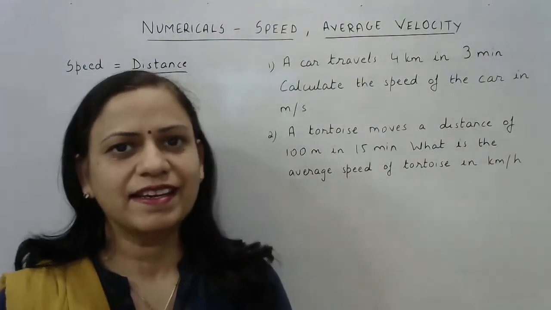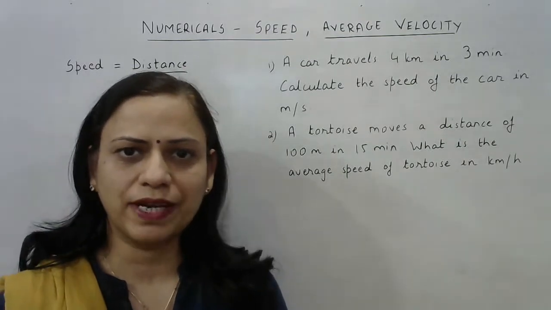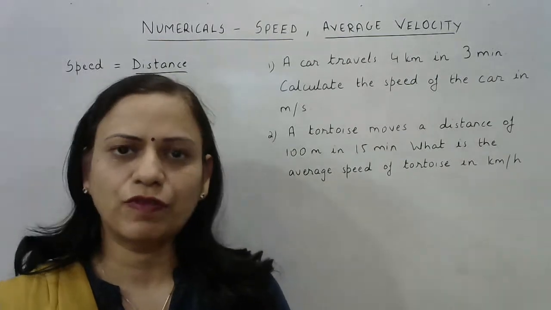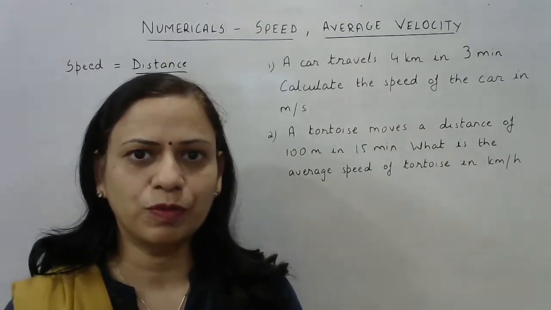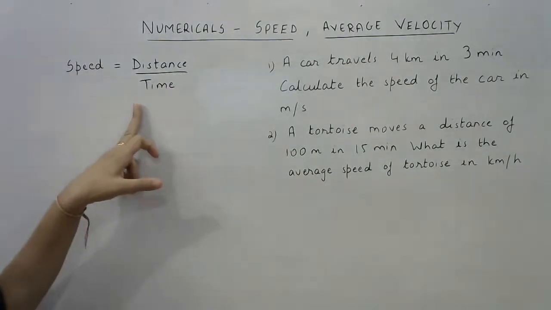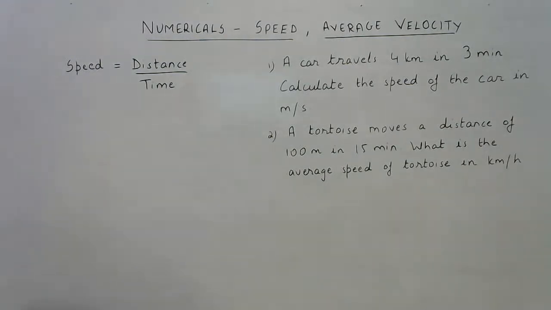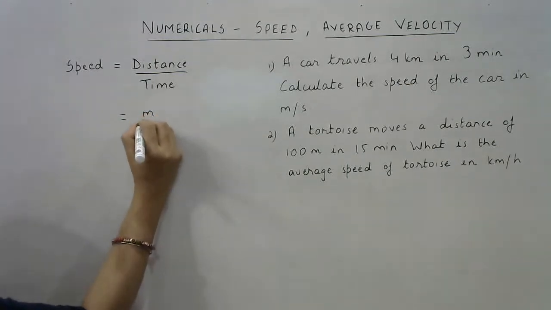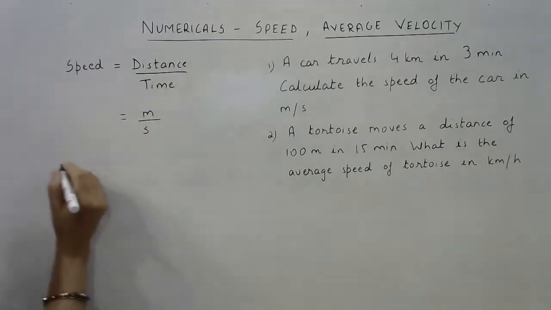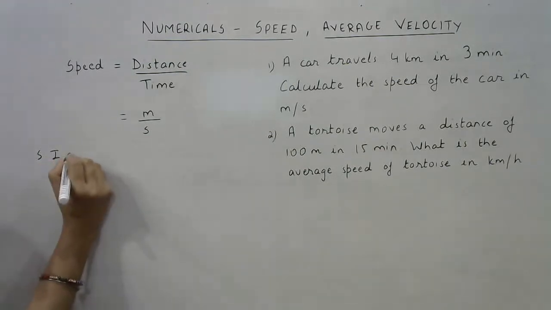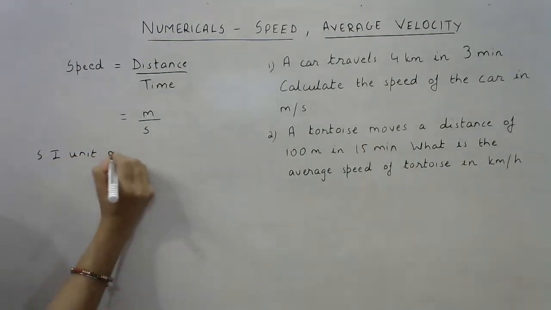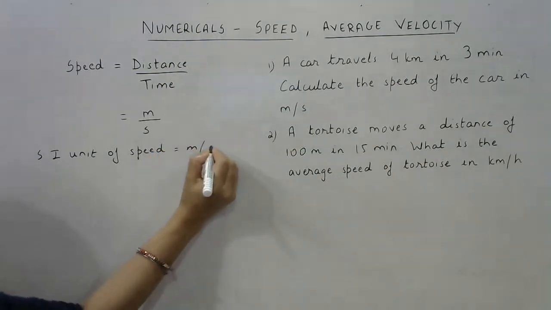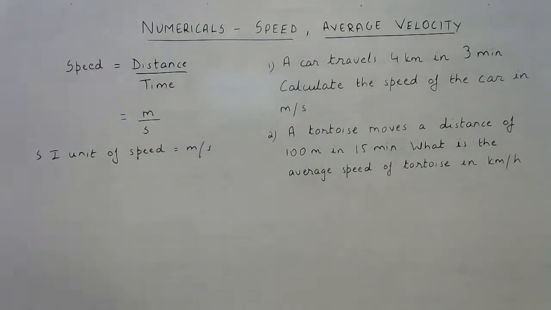Hello students, in this video we are going to discuss some numericals based on speed and average speed. As you know, you have already studied in your junior classes that the formula for speed is distance upon time, and distance is generally measured in meters. The SI unit of distance is meters and the SI unit of time is second. So the SI unit of speed, that is